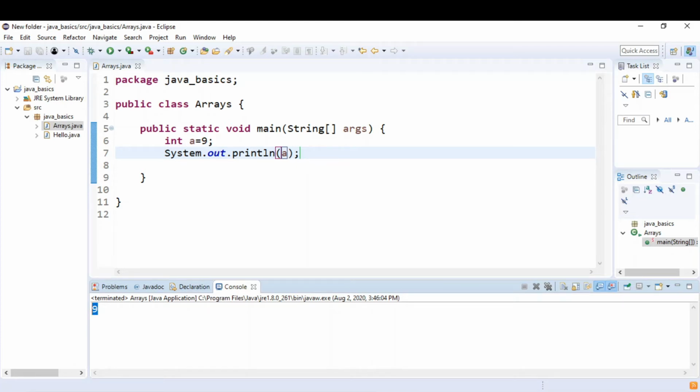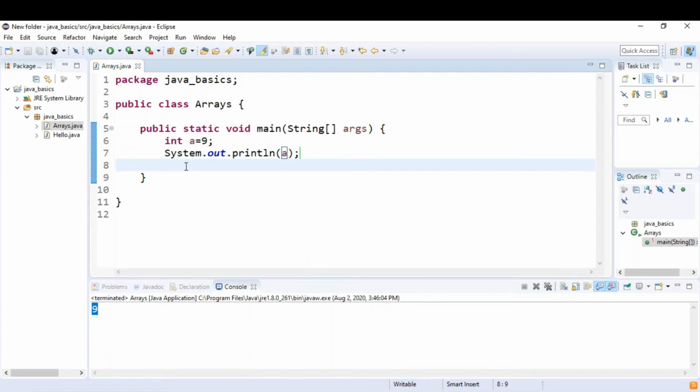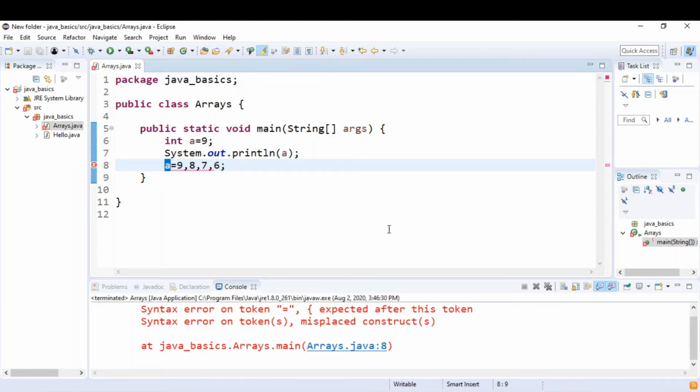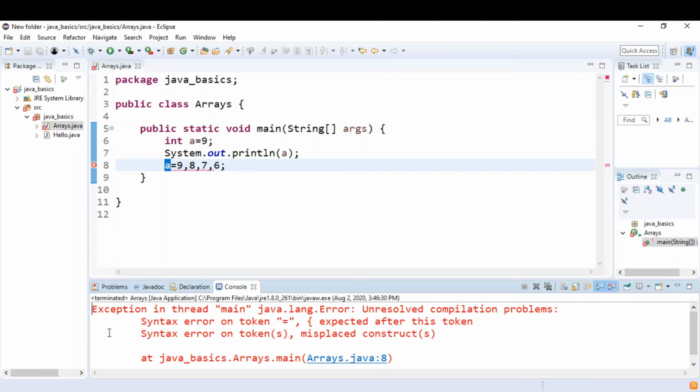What if I want to store more than one value in a? Like this. If I want a to store 9, 8, 7 and 6 also. Right? I want to store more than one value in this a only. So let's run. See, it has given me an error. Exception in thread, unresolved compilation problems.